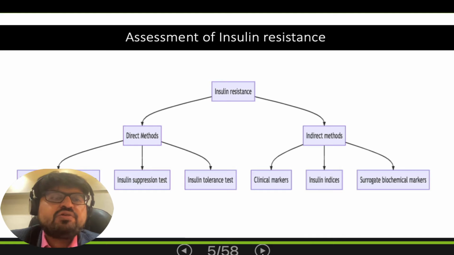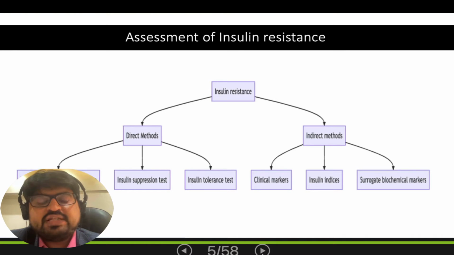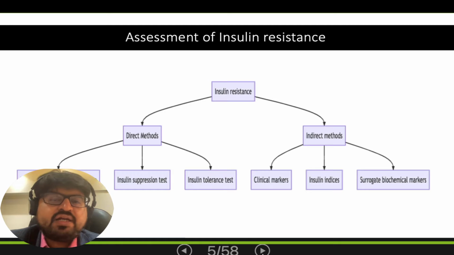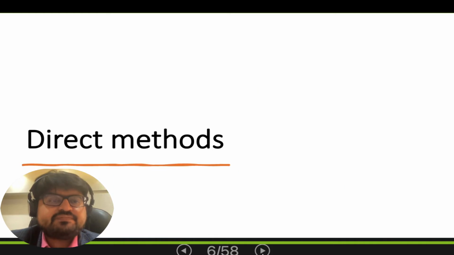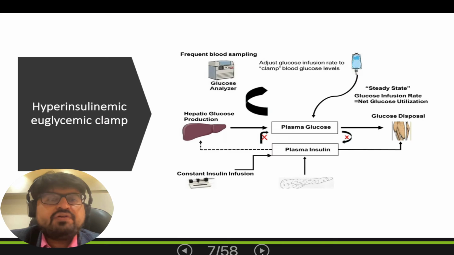The direct methods include what we talked about, the hyperinsulinemic euglycemic clamp. You can use an insulin suppression test and insulin tolerance test. On the other hand, you have indirect methods like clinical markers, which we are going to discuss, insulin indices, which form a major chunk of today's lecture, and certain surrogate clinical and biochemical markers of insulin resistance. So let's first talk about the direct methods for assessment. Now, the most frequently used method